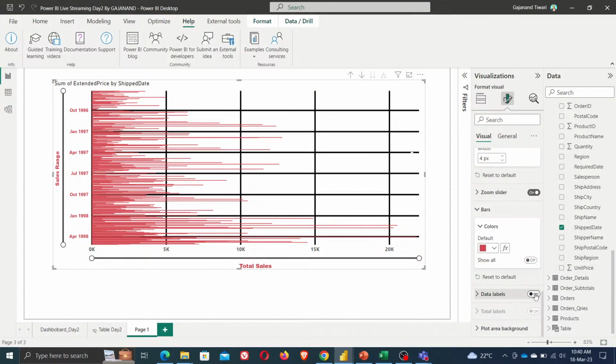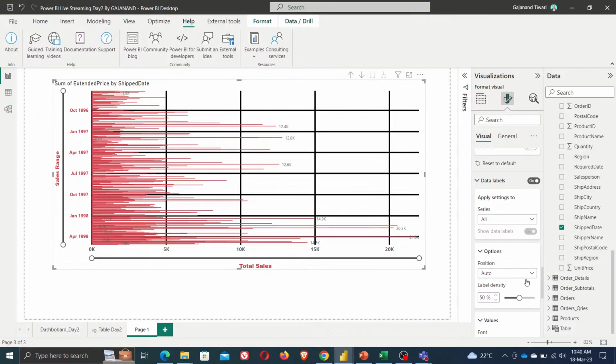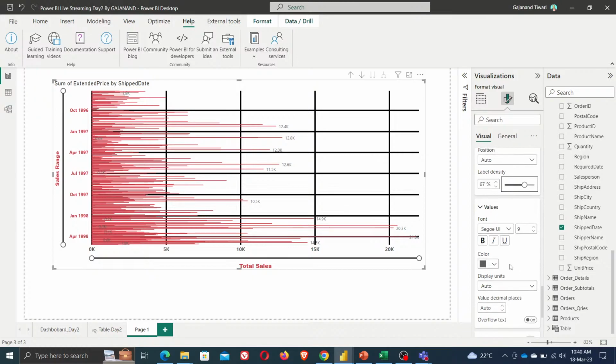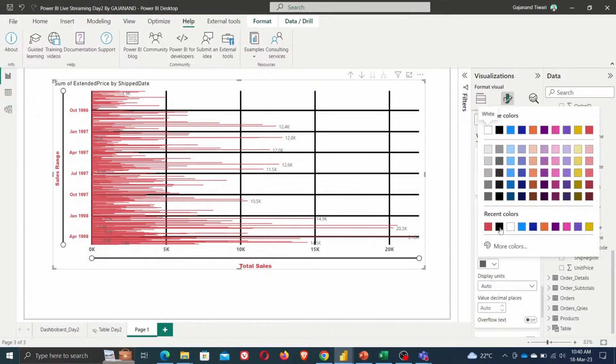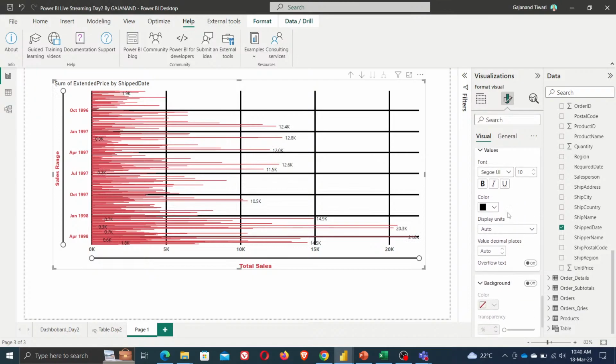Okay, now see this, I don't display the data here. I wanted to see the data for each category. So enable data labels. Now see the data label is appearing on the screen. See this. Now increase density, and also you can format as well. So I wanted to format it 10, a little bit darker color and bold. Now it's displaying. Okay,